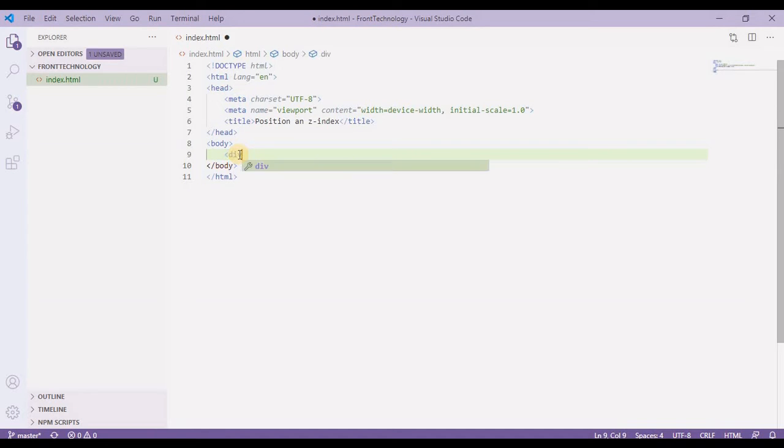First of all, I'm going to type a div, and here I'm going to provide some text like this is static element. And here I'm going to provide some style.